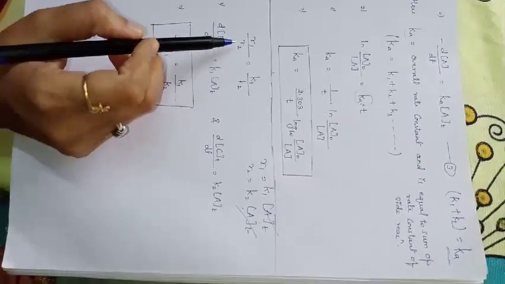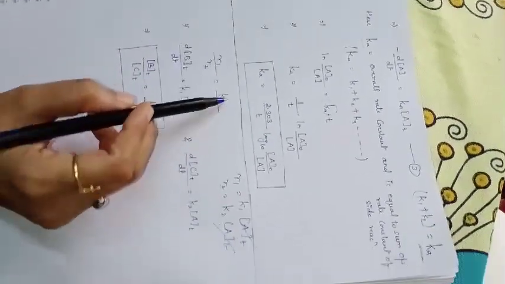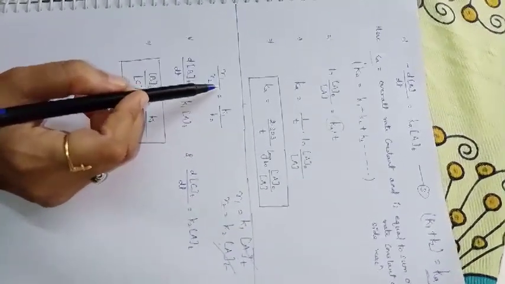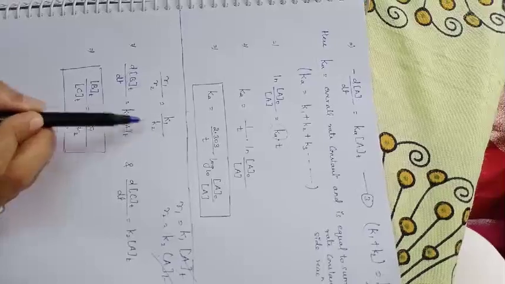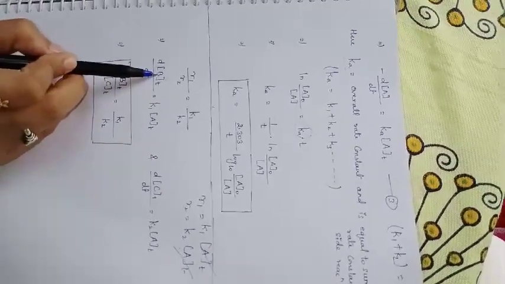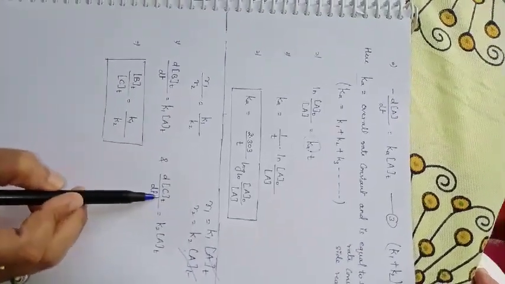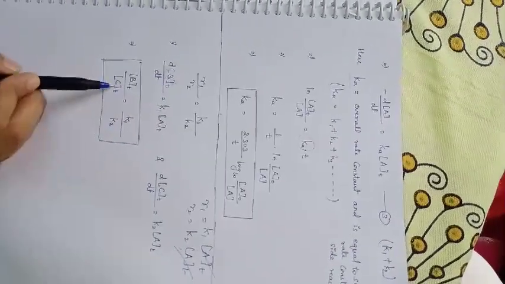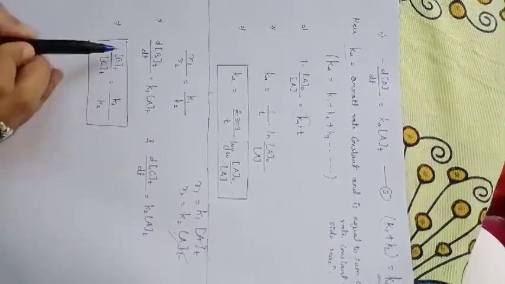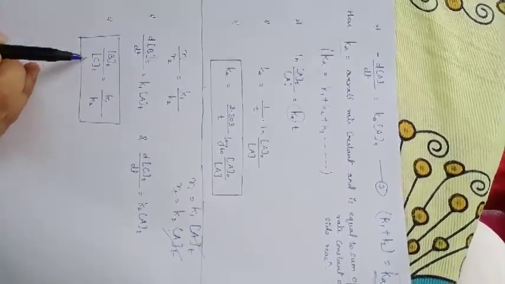One more thing, you can find the relationship between both the rates and both the constants. When you divide equation 1 by equation 2, you get this. Here for R1 you can write the rate of formation of B, and similarly for R2 you can write the rate of formation of C. After putting these values into this equation, you will get another relationship between the rate constants and the product concentrations of B and C.